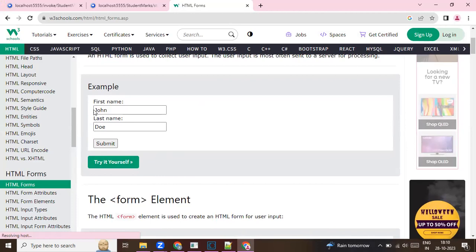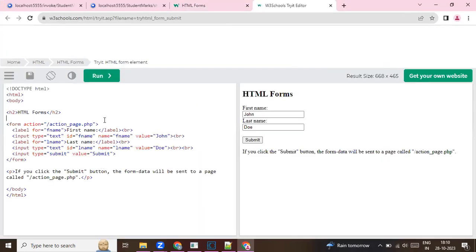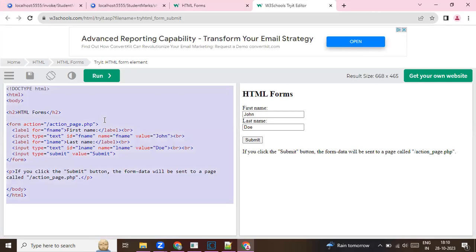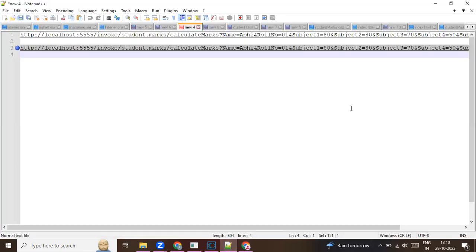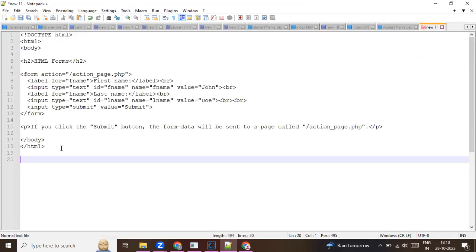We'll be passing these inputs, and when you click on submit, you will get the output data. So let's copy something like this. Let's assume this is our web page. And when you save this web page,